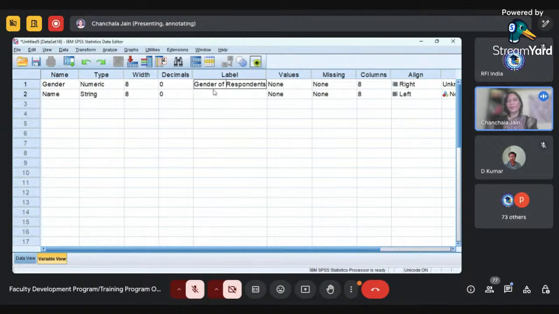So if I am giving the label, gender of respondents, once I press the tab, no error we are getting, right? So the restriction is there in defining the name of the variable, but label gives you the facility to give the proper description, whatever you want to write about your variable, so that you can store it here. Is it clear?